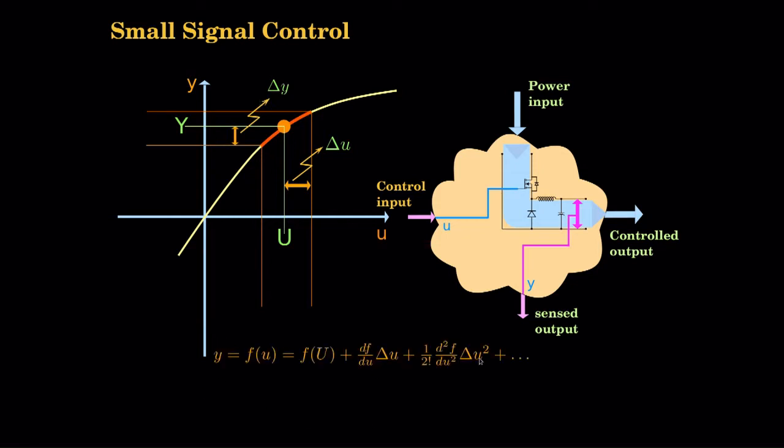And of course, we saw the Taylor series, in this case with u instead of x, f of u, and the higher order terms we will neglect when you consider the deviation as small and small. That is given as delta y equals k into delta u. So, this is the small signal